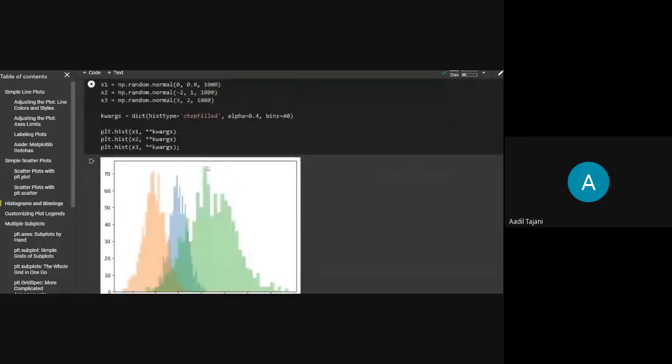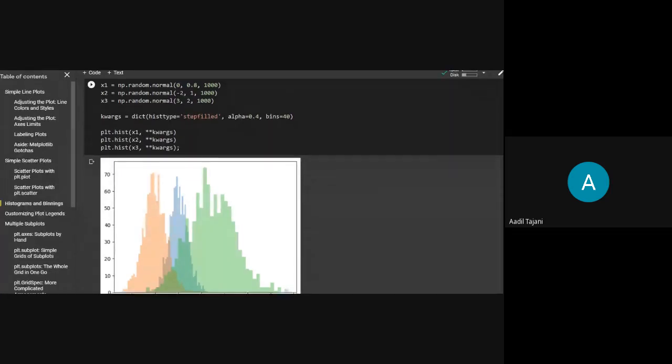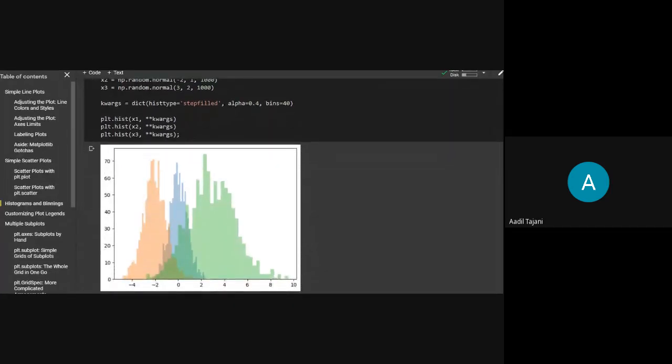Now you have different data, and you want to plot all those data in a single canvas, and you want to see them in a different way. So here I've taken three lists of different samples of a normal distribution. Then if you're fed up of mentioning those formatting arguments again and again, then you can just create a dictionary called kwargs, and you can pass what the arguments of all those histograms should be.